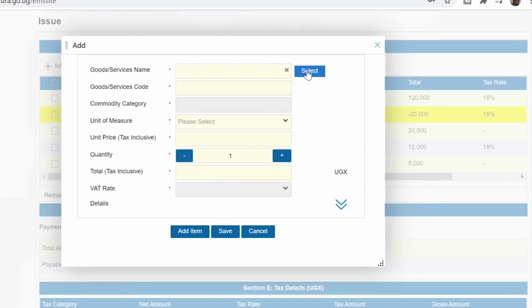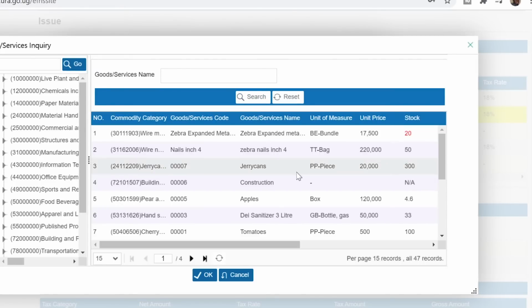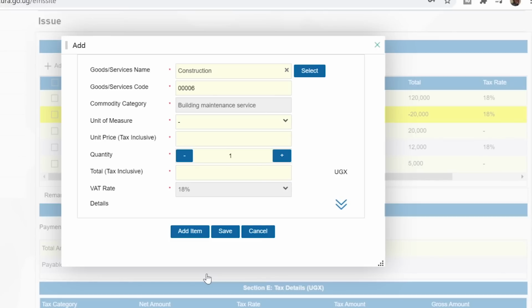I come here and click select. As I'm clicking select, let me hit search so that everything auto-populates. Now the service that we configured was this one, construction. So I'll click on construction, then click OK. So you see, when we come for construction here, do you realize that